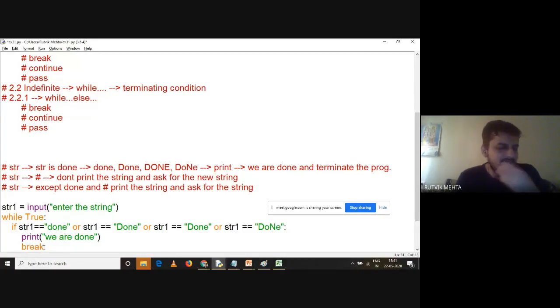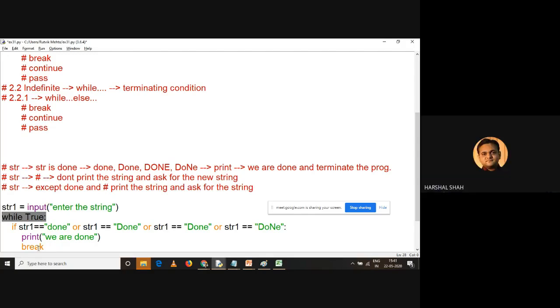So what is this? Understand this. This is a very simple thing. With while true, you are putting the accelerator on for your vehicle. It is continuous and continuous accelerator, right? With the break statement, you are putting a brake on your car, right? So while true is running continuously until the break statement.